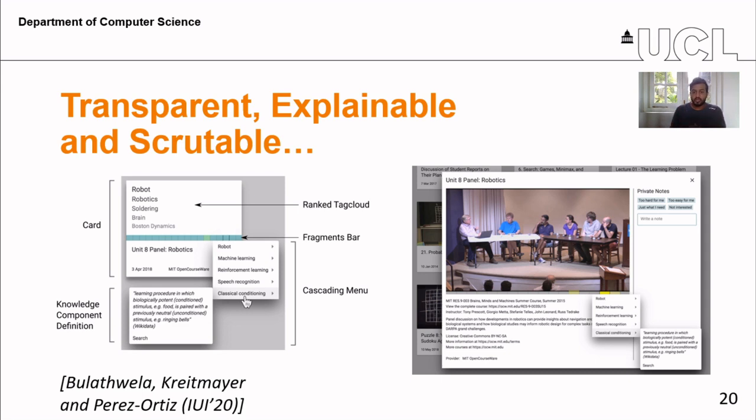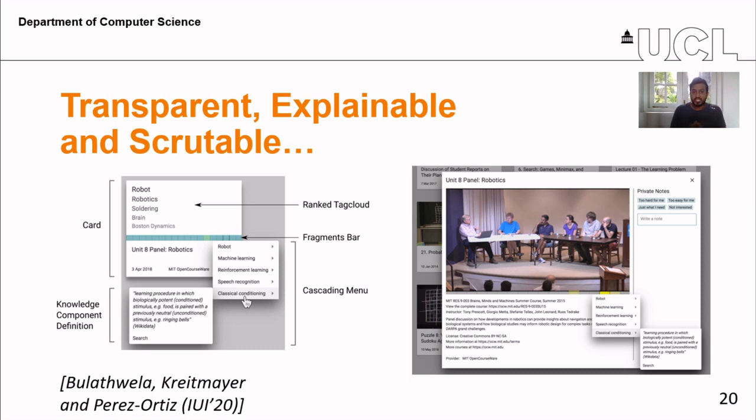And this also plays as a rationalization or an explanation of why a certain content is chosen for a particular search keyword. And I'm going to do a quick demo in a few minutes, and there I can demonstrate to you some of these explanations and rationalizations in detail. On top of that, if you see the right side subfigure, you can see that there is a private notes section which provides an opportunity for the user to